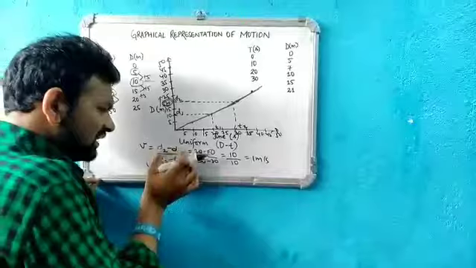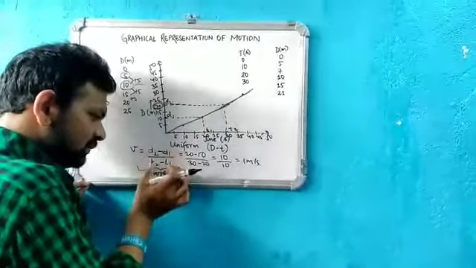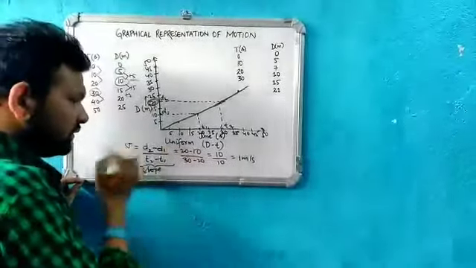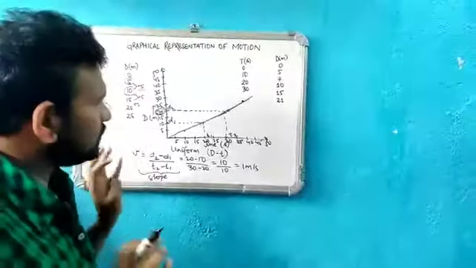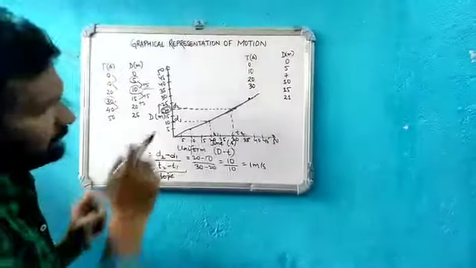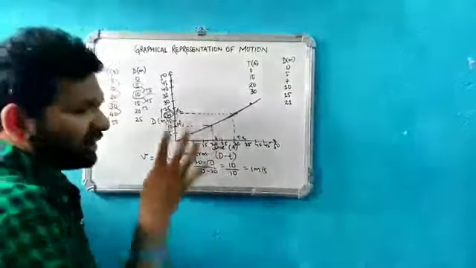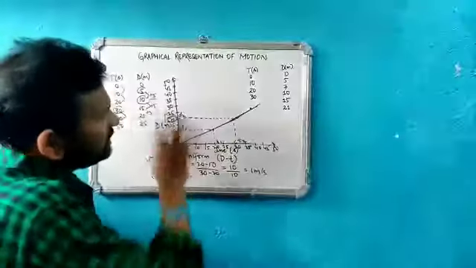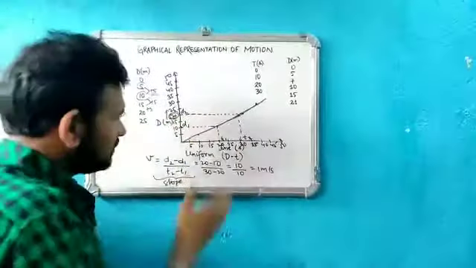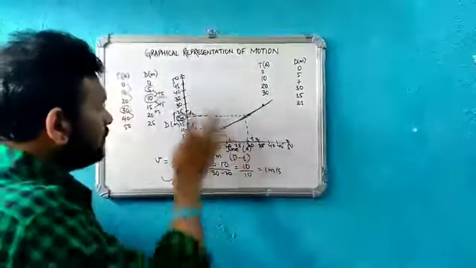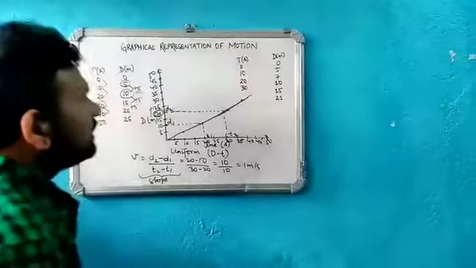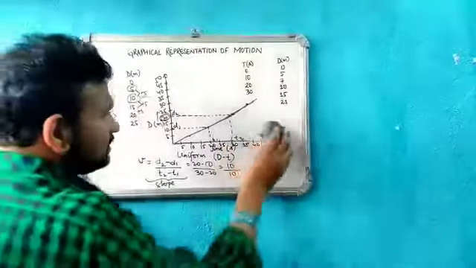So rate of change of displacement per unit time will give you your velocity. So this is how you compute the velocity from the graph itself. So we extracted the information, isn't it, from the graph. We didn't calculate anything. We just plotted the graph, and from there we just extracted the information that velocity is equal to 1 meter per second for this trajectory. Okay. Now let us discuss